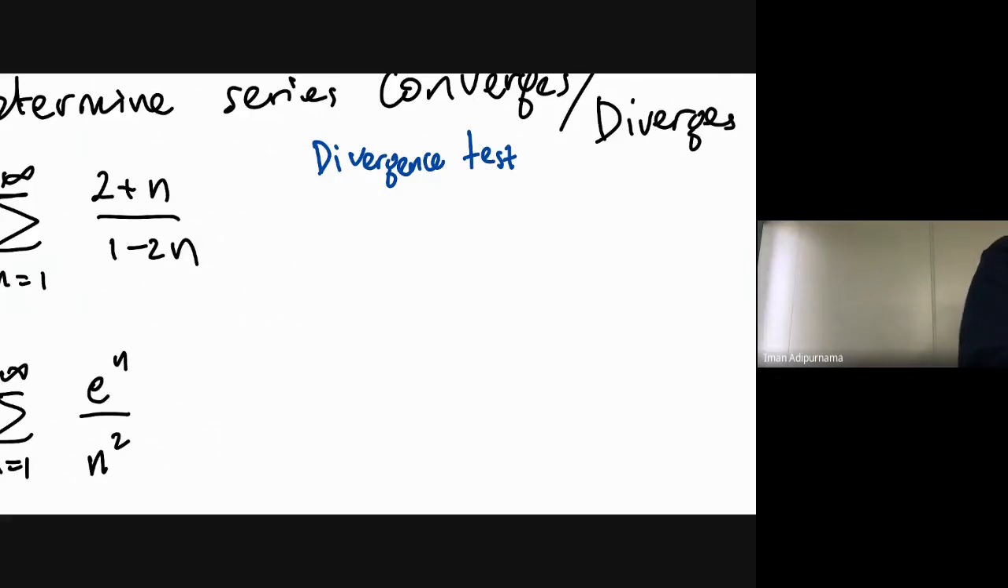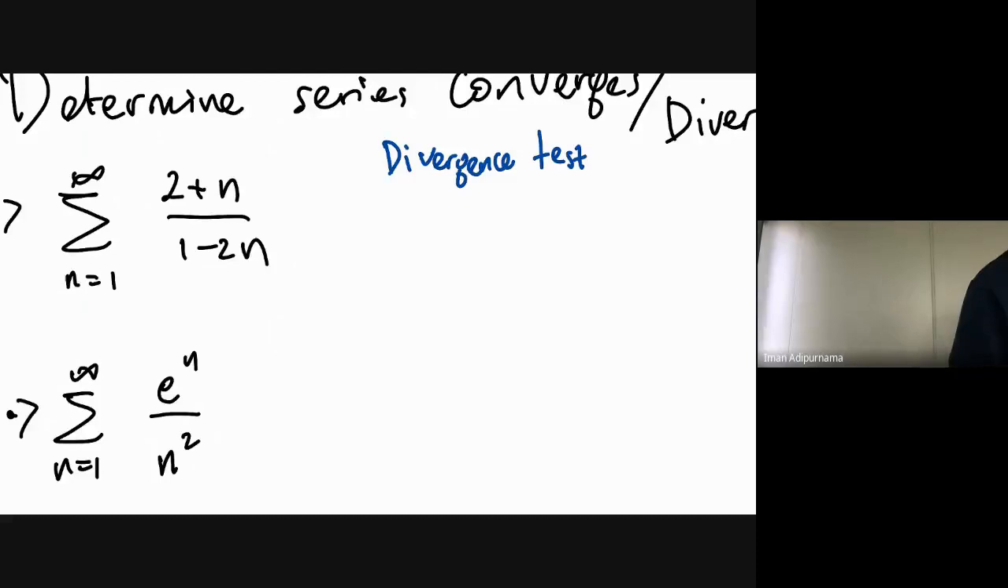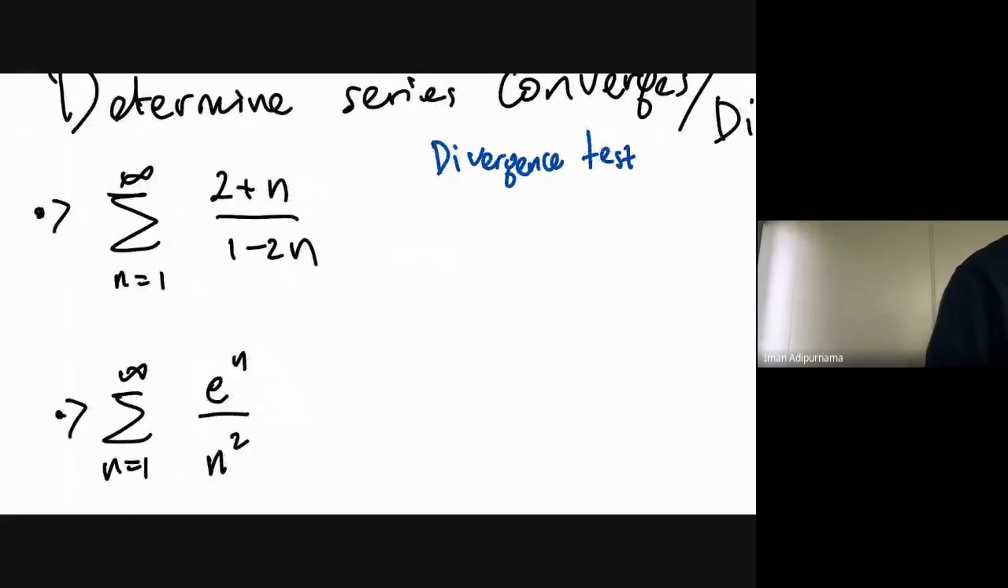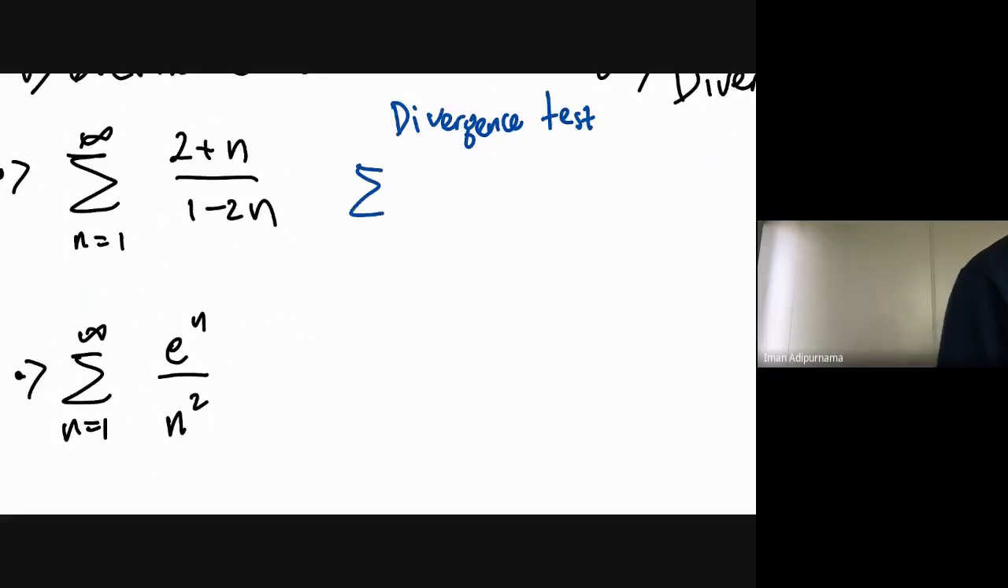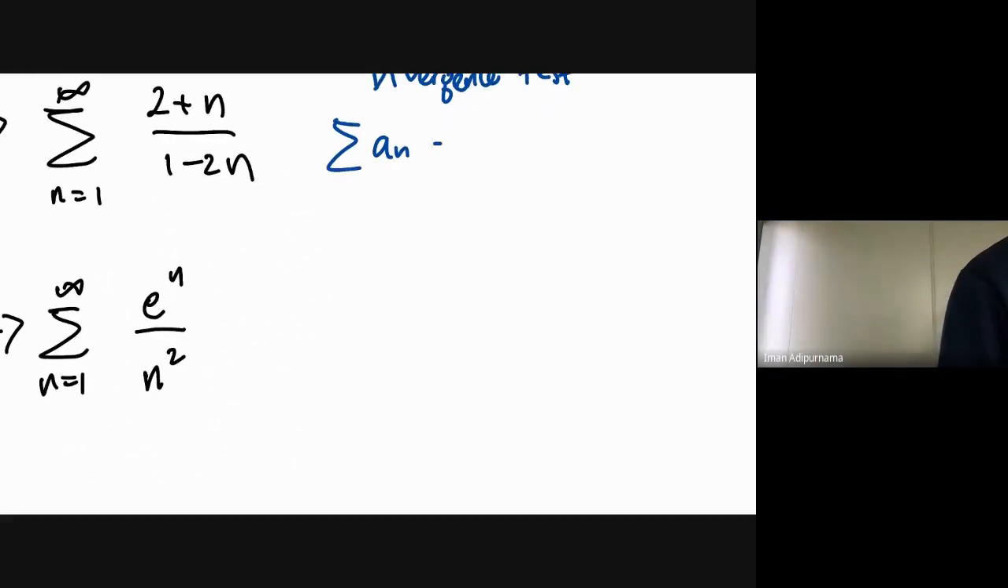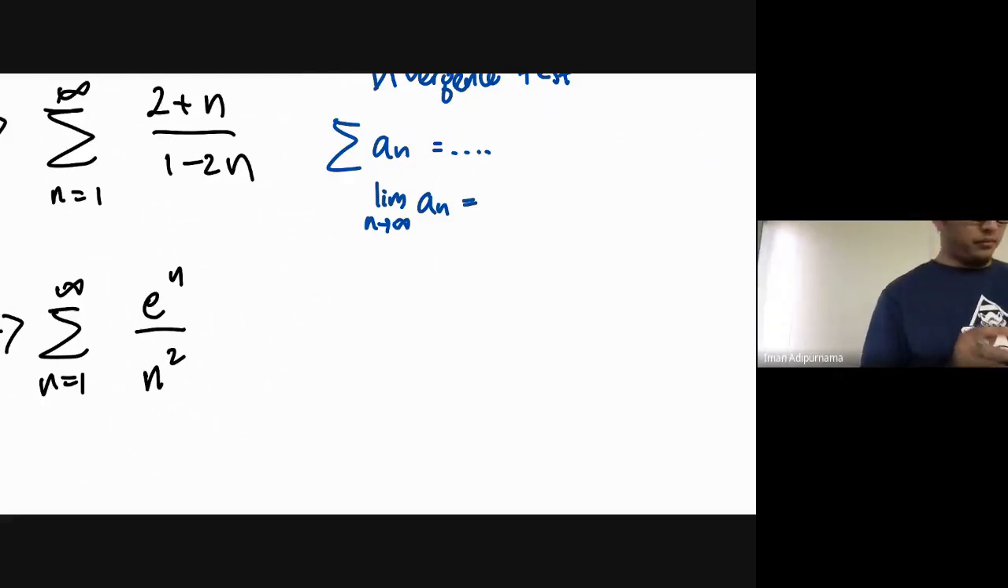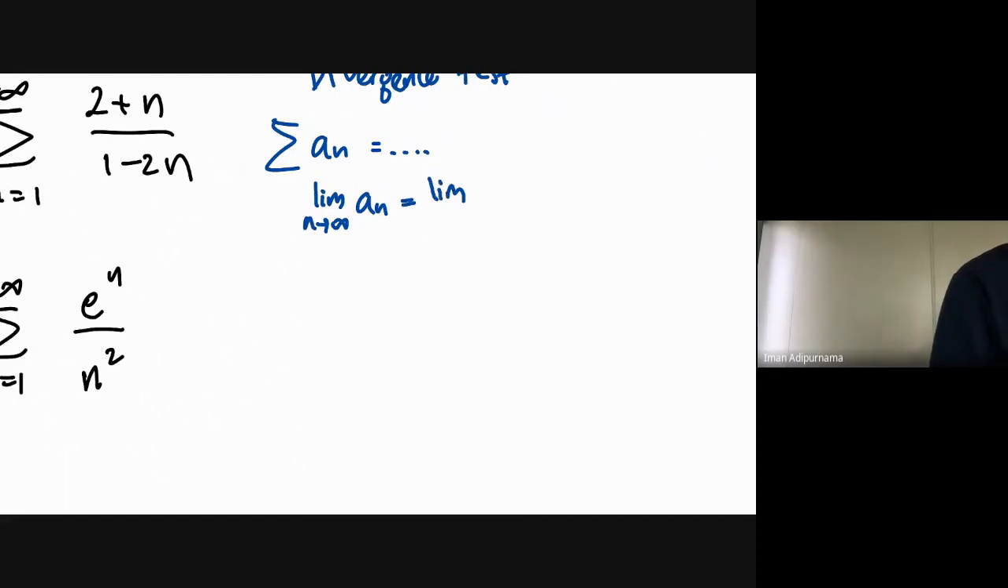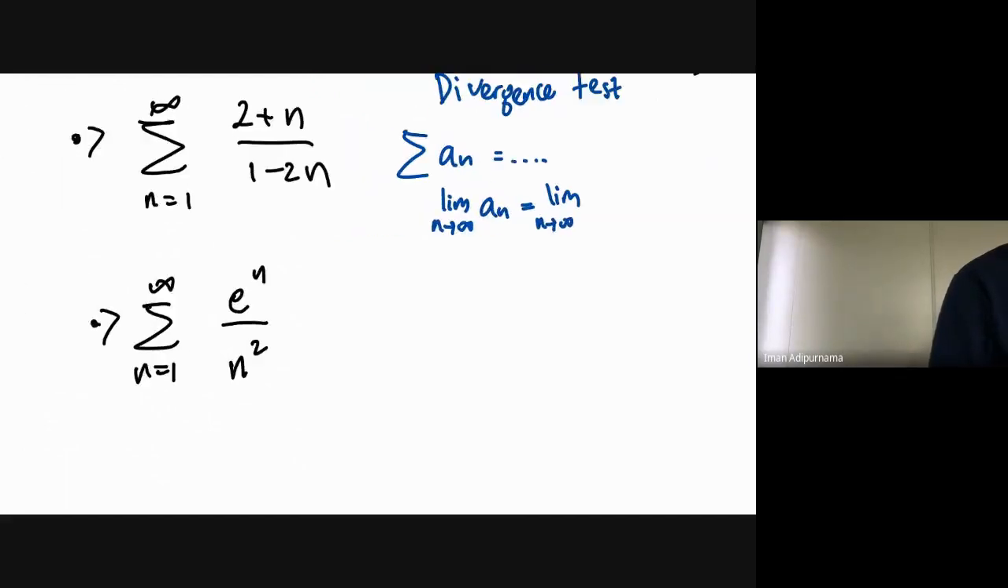Okay, so for number one, using the divergence test means if you see any a_n, what you need to do is take the limit, and we need to solve the limit of the sequence. So we solve the limit of the sequence,